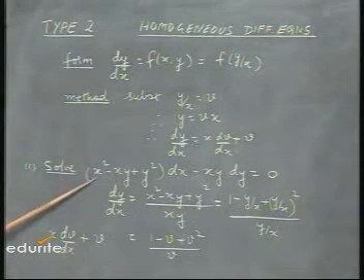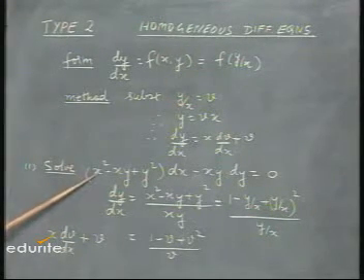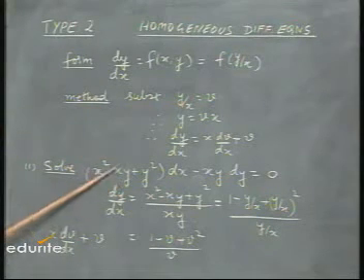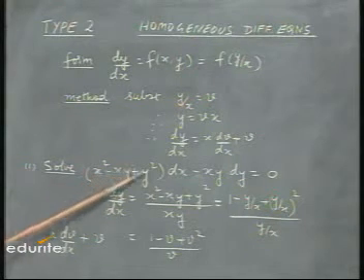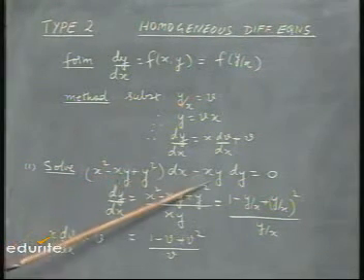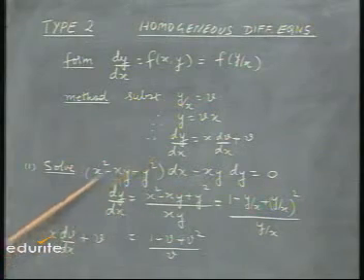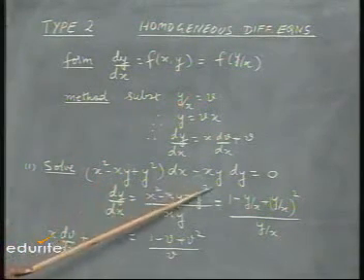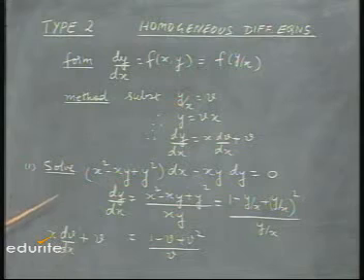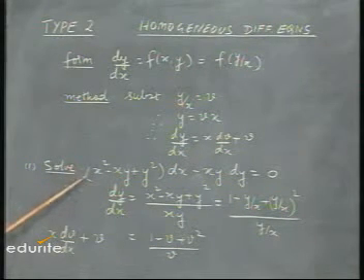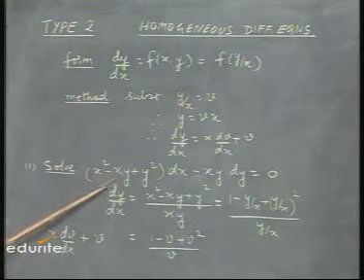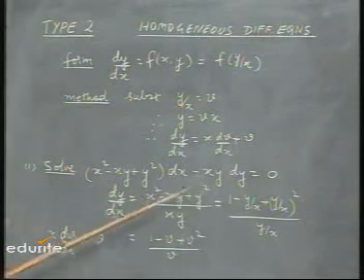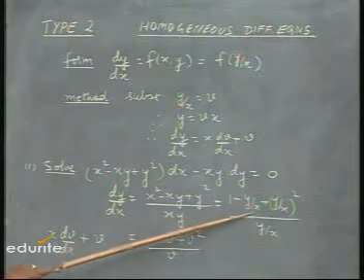But even without this, if you look at each term, if you look at x squared, the degree is 2. If you look at xy, the degree of x is 1 plus degree of y is 1, 1 plus 1 is 2. Degree of y squared is also 2. Degree of xy is also 2. If every single term has the same degree, then we say it is a homogeneous function, and in this case it is of degree 2. Otherwise, if you write it as dy by dx equal to function of y by x,